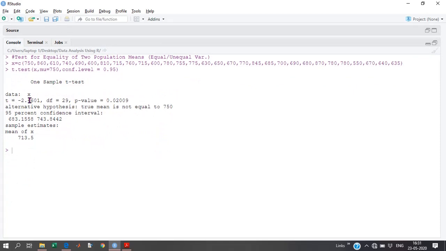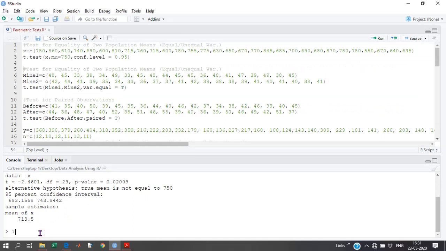We got a t value of minus 2.46. The p-value is 0.02. It's less than alpha, so we need to reject H naught, that the true mean is around 750. The true mean is not equal to 750. The mean value of X is 730.